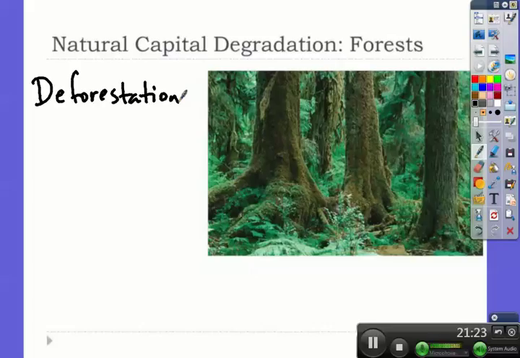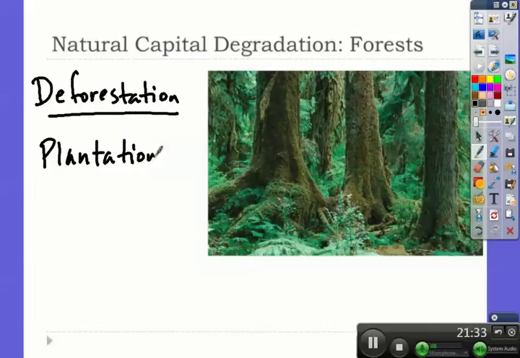And then after this deforestation takes place, you also have the conversion from this diverse forest to a tree plantation. An example of this would be coming into an old growth forest like the one we see here, cutting these down, and then replanting.